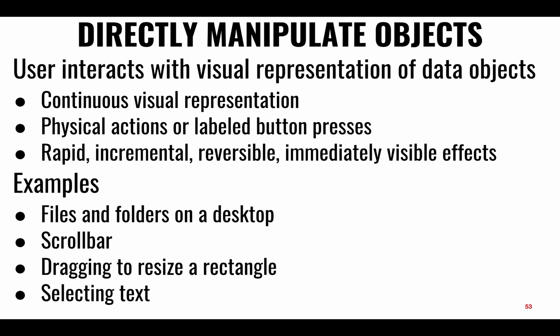So MapQuest, way back when, before Google Maps, right, provided an indirect manipulation way of interacting with maps, right? You had buttons, and you would click the right button or the left button to scroll left or right, pan, right, or some other buttons to zoom in, zoom out. And so this worked fine for quite a while until Google Maps came in and introduced direct manipulation. You grab the map directly, and you can jiggle around and you can flick it, right? And it's such a much better experience that it took over the world. Folks said, wow. I mean, the first time I saw that was pretty cool.